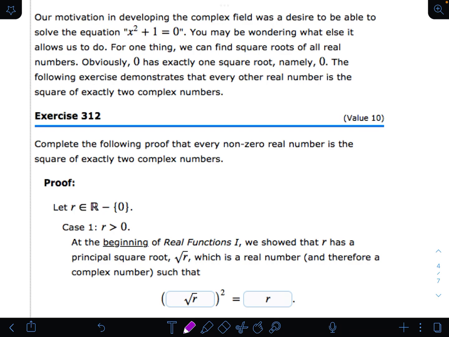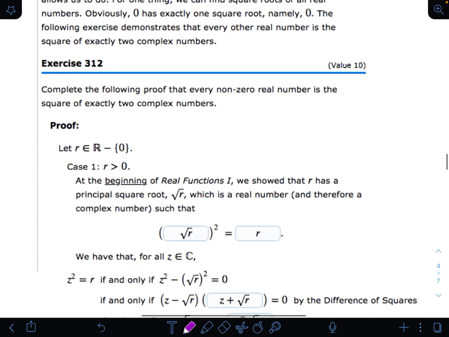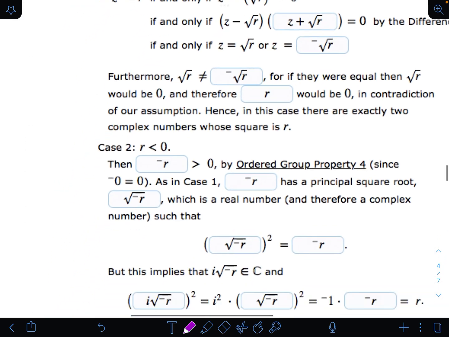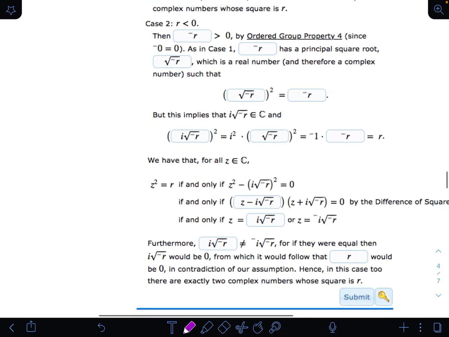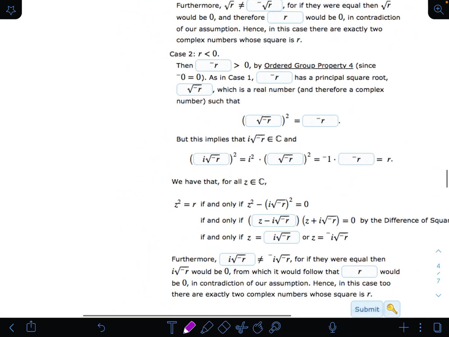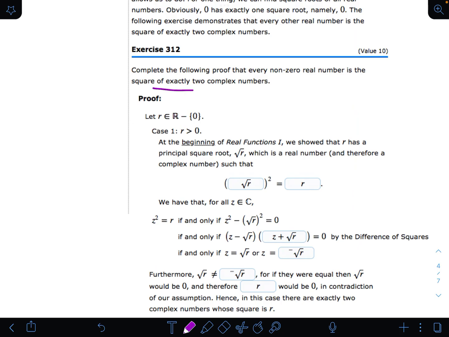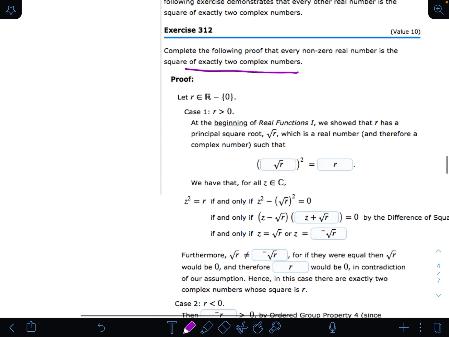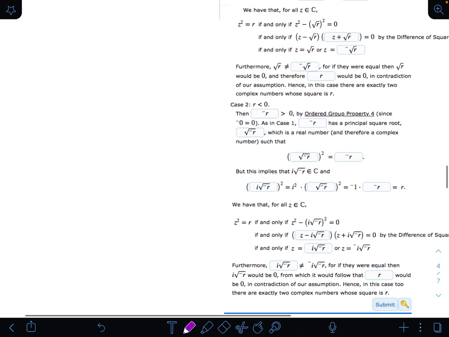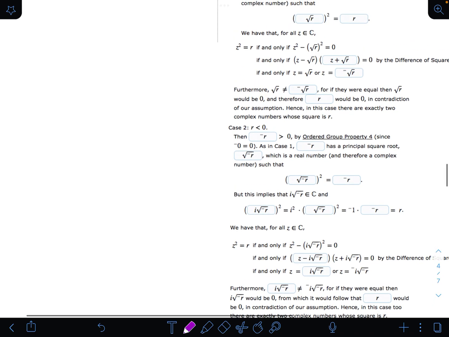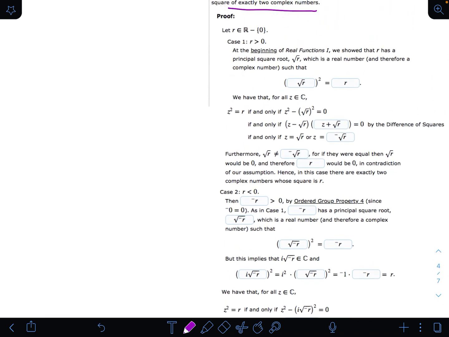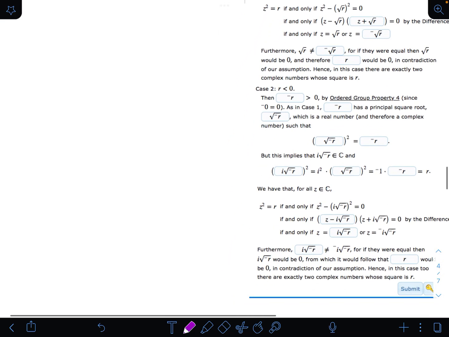And on this one, this is just a proof saying every non-zero real is the square of exactly 2 complex numbers. And here's the proof of it again, it sounds complicated, but really, if you just boil it down to this, every non-zero real is the square of exactly 2 complex numbers, how can that possibly be? Well, this kind of works like this. They give you the 2 cases here where r is greater than 0 and where r is less than 0. The greater than 0 you already knew, but the r less than 0 might weird you out a little bit,